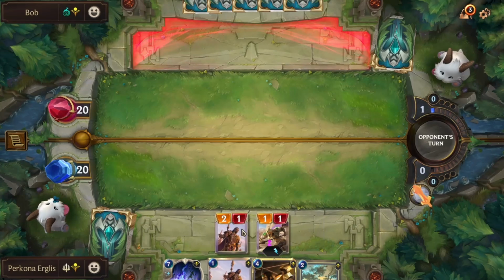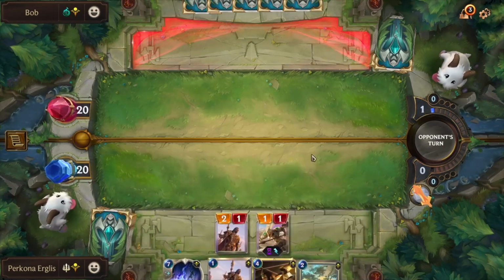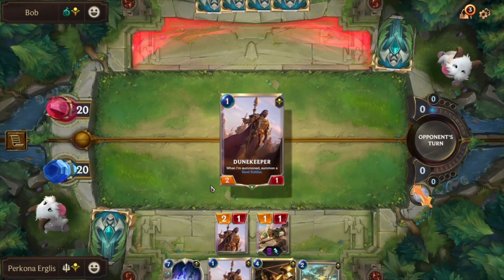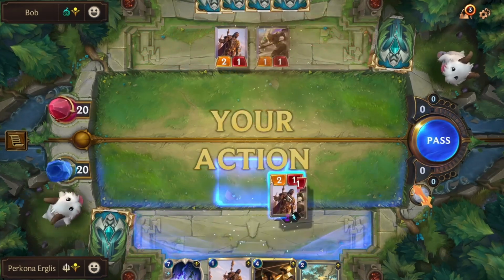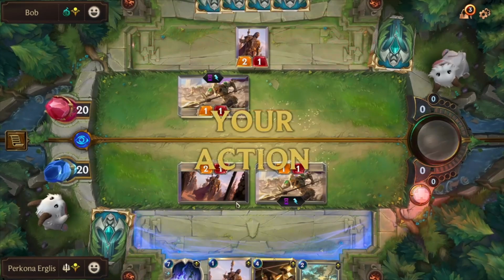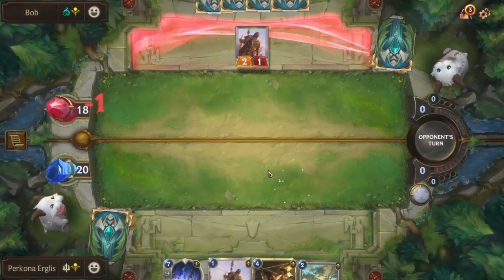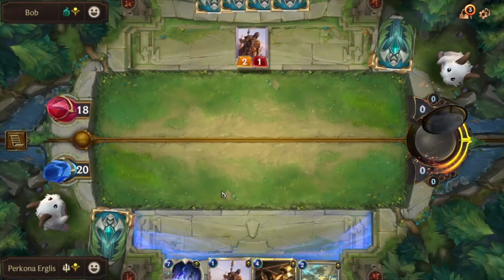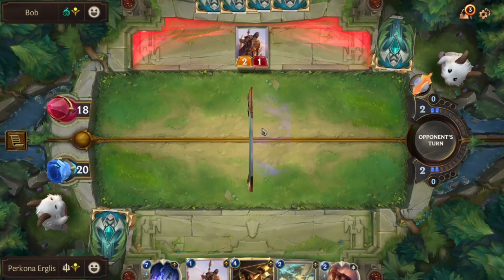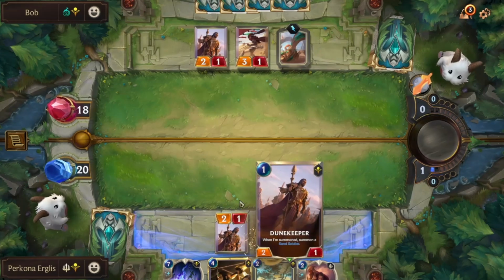The worst thing that he could have is a Dunekeeper himself. Unfortunately. Since this is a Slay deck, that's what he wants to do. And we are forced to attack here. I guess we're not forced to attack, but... Alright. I don't really mind taking that trade. There's a possibility he's got Ravenous Butcher on him as well, so we can play a second Dunekeeper here,